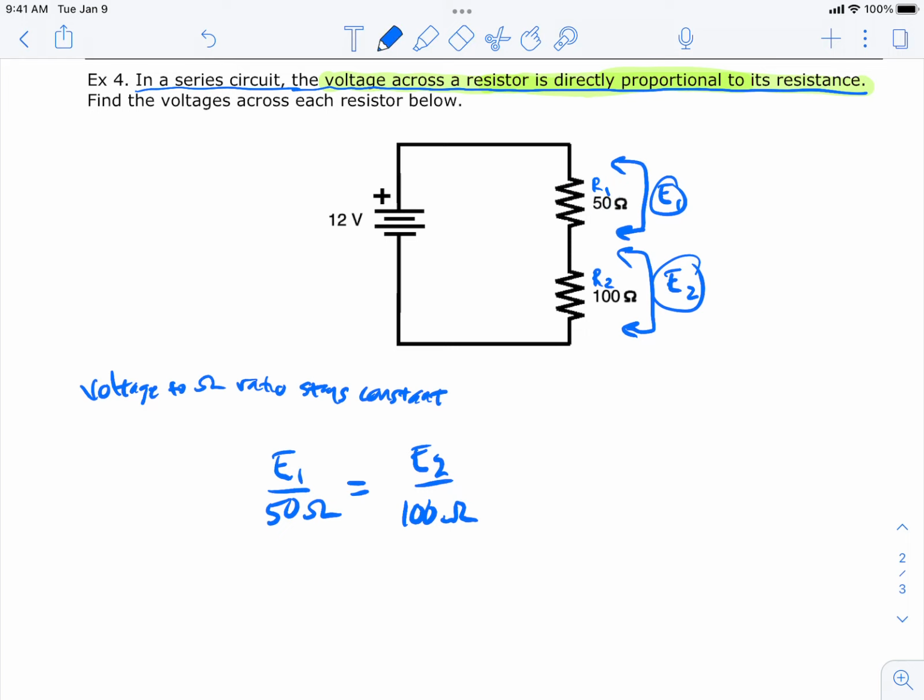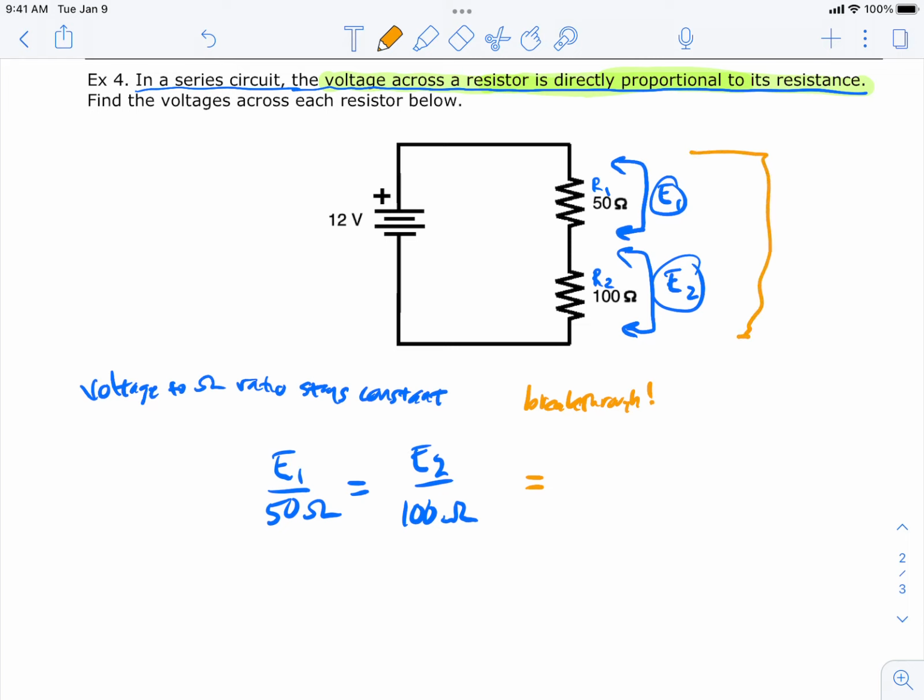Now, we got a slight problem if you were hoping to solve it, because you got two things to solve for. How are you supposed to solve for two things with one equation? Well, you can't. You can't. So what's our breakthrough moment? Our breakthrough moment is to realize that